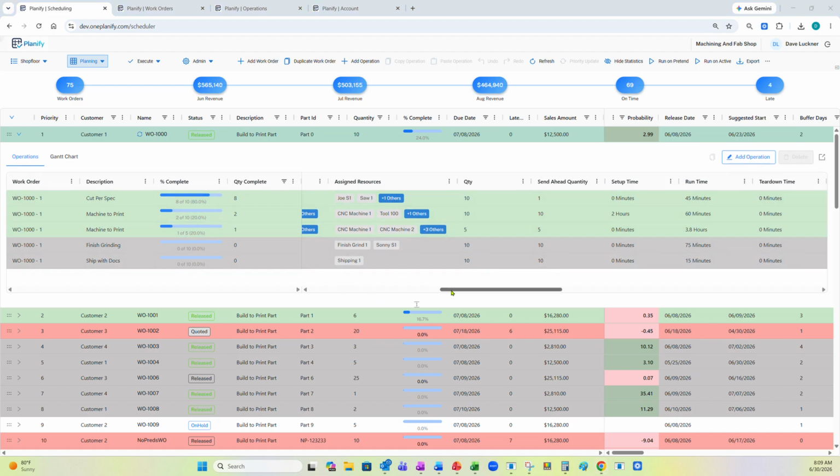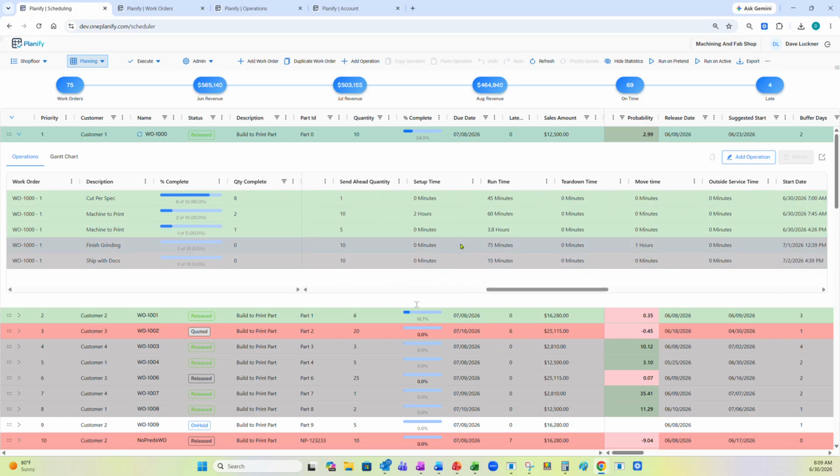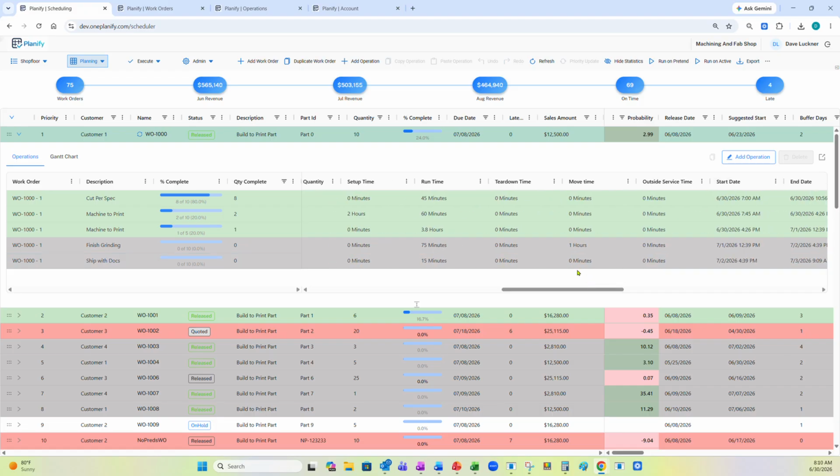So to continue on that, if you notice, I've got some other criteria, like the quantity for that operation doesn't necessarily have to equal the quantity of the job. So it could have different quantities as well. If you look over here, I've got multiple characteristics, for instance, the setup time, the run time, teardown time, move time. Some of these things are important for you to configure when I am configuring an operation as to how it can be measured from a timing perspective. And if I click on this one here as well, you can see that,